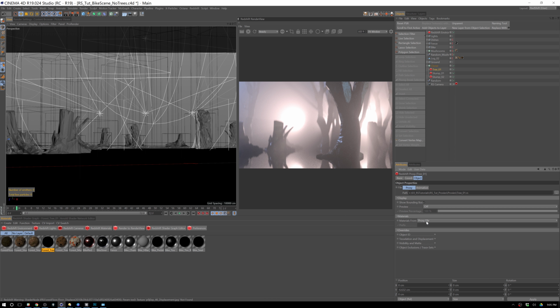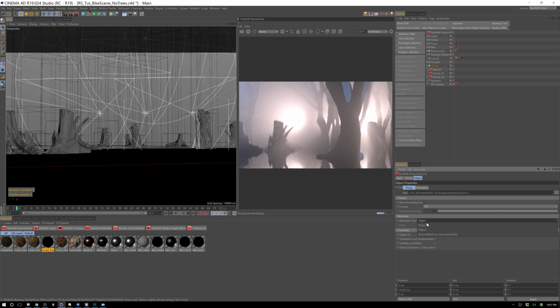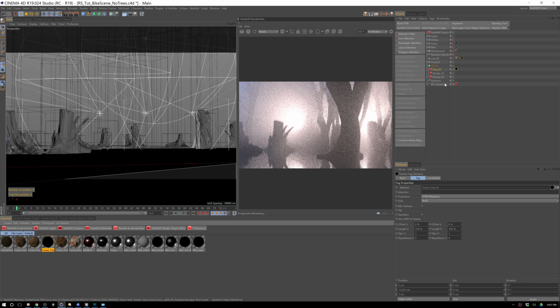So for giggles, let's say we've got an art director that came by and said, we need to update this tree with more moss or something along those lines. So under materials, you can choose where you get your materials from. So it could be from the proxy file, it can be from an object, or it can be from the scene. And if you just do object, you can go ahead and replace it. So I believe it should be this one here. If I drag that over, it'll update just like that. And if I come out of this view,